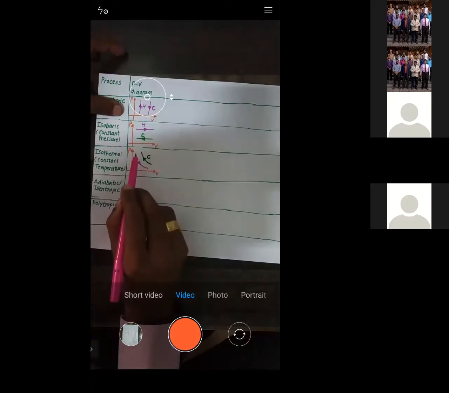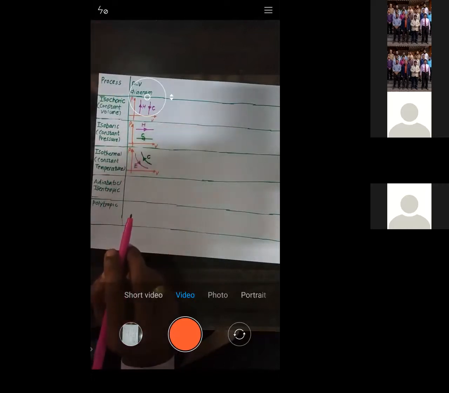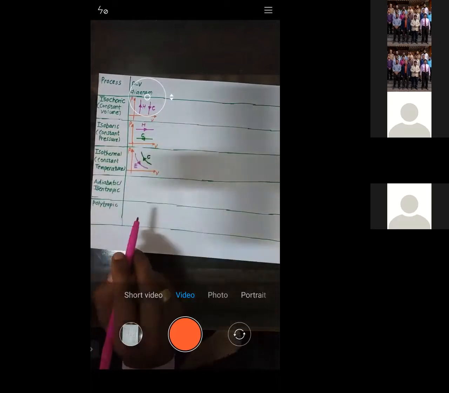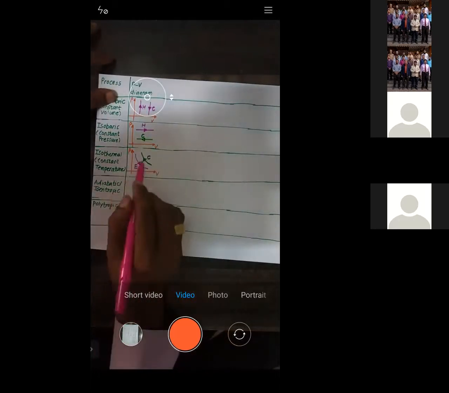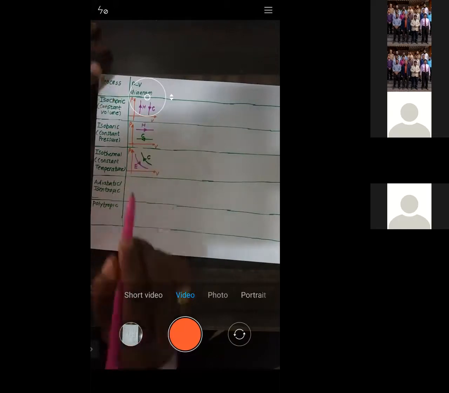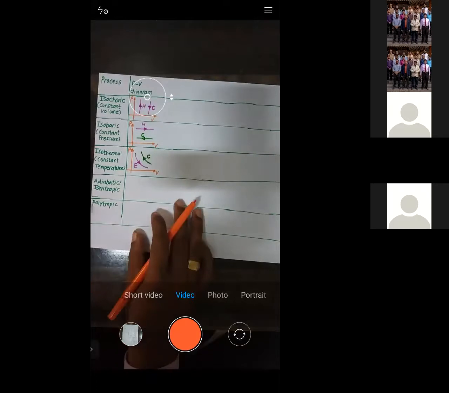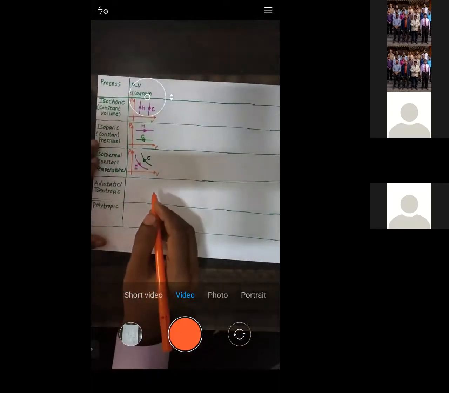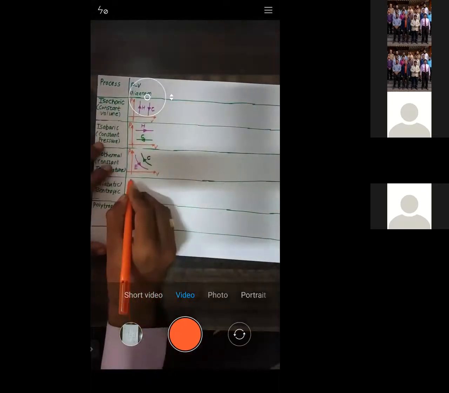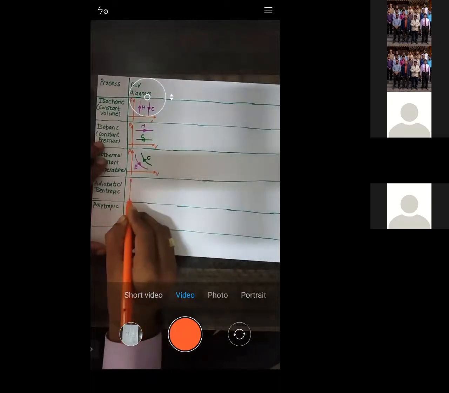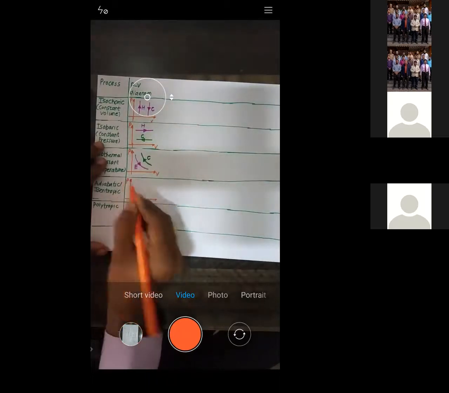So you might have the arrow going down, or you might have the arrow going upward. When it is going downward, it's the expansion. Whenever it is going upward, it's the compression. Now let us see the PV diagram for the adiabatic process. This is P and this is V.